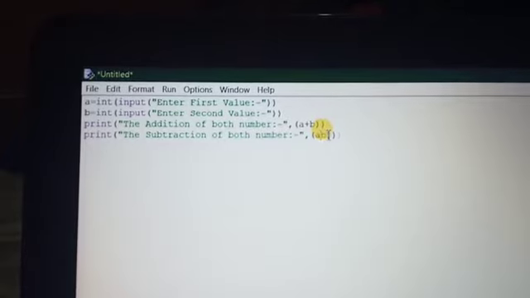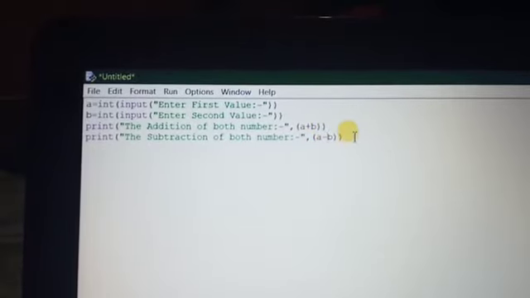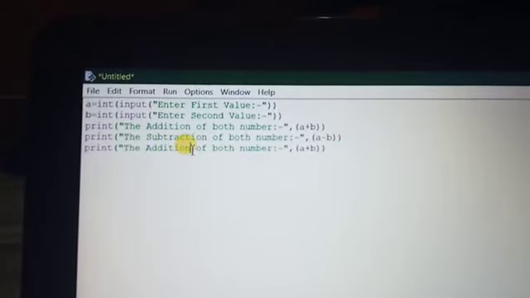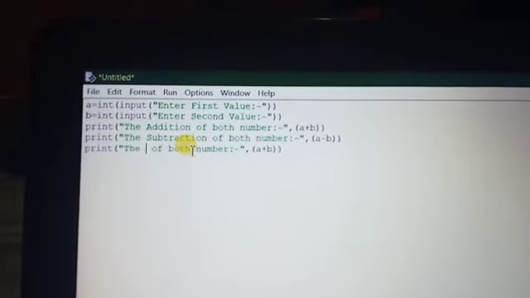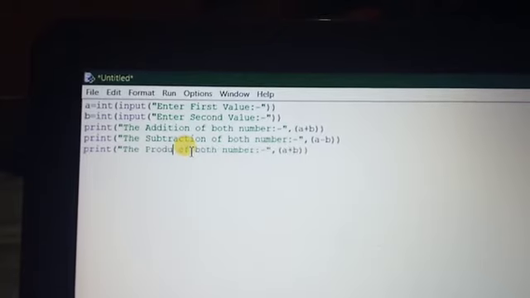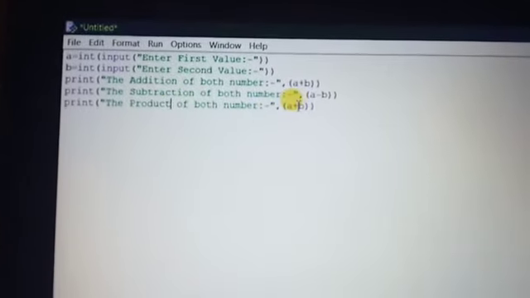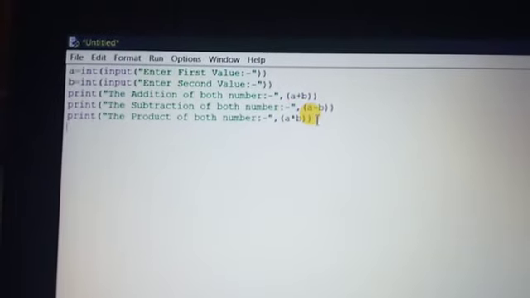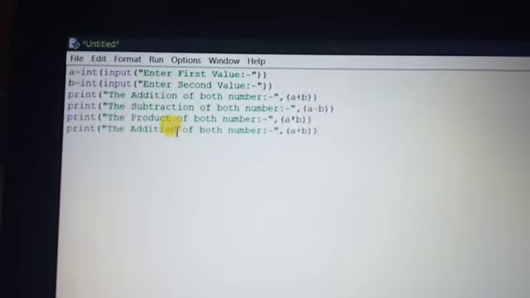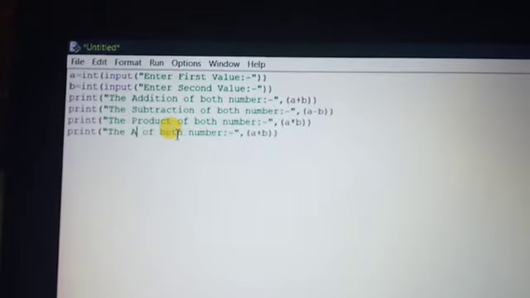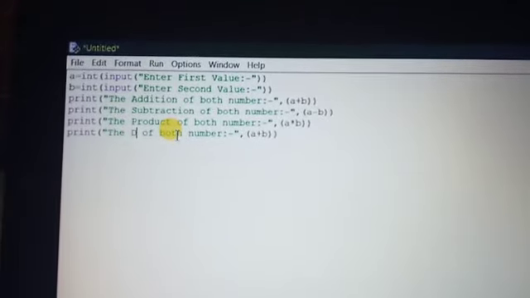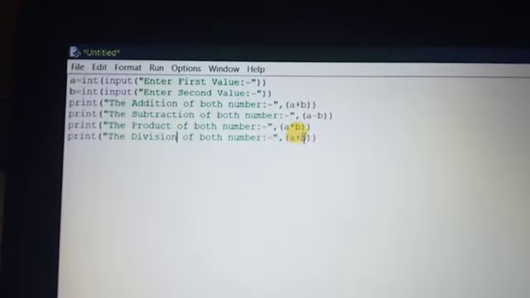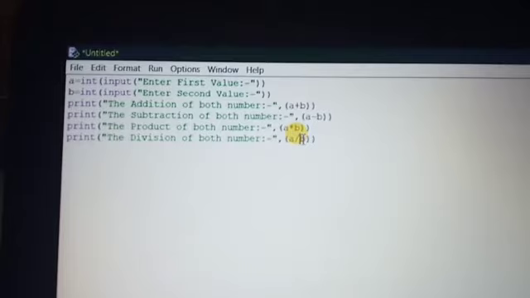Here we change it to subtraction. Again I paste it: the product of both numbers, and we use the multiplication mark here. Again I paste: the division of both numbers, single slash.